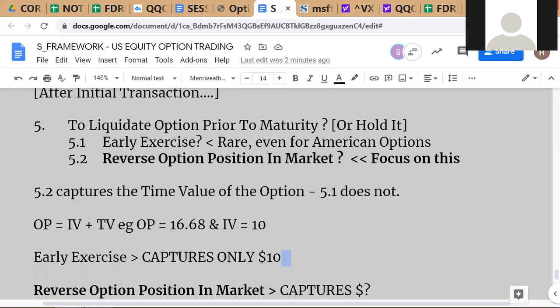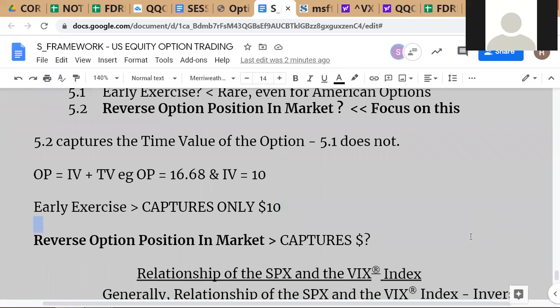Okay, and somebody has come. So Kritika has come back on chat. So Kritika, do you know how much money will I make if we reverse the option position in the market? In the meantime, while Kritika figures it out, we will ask